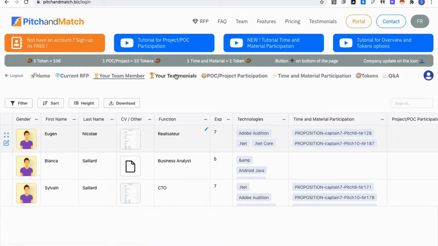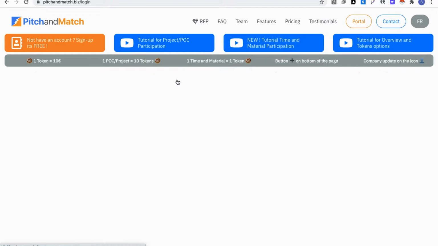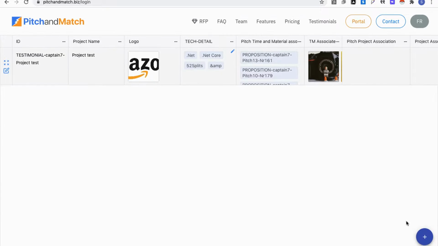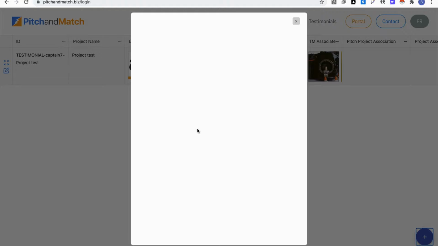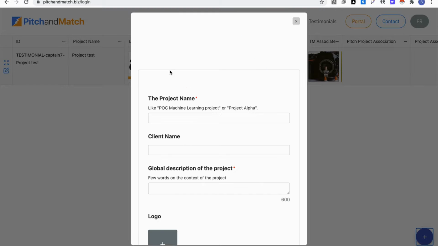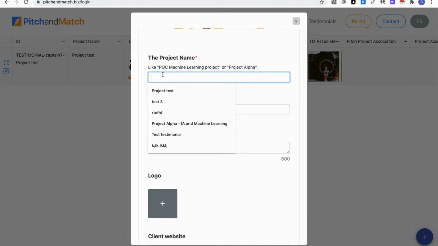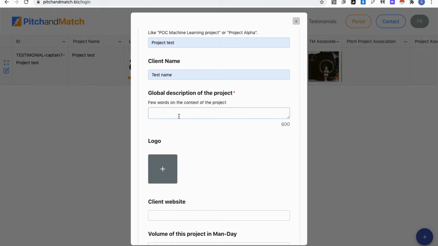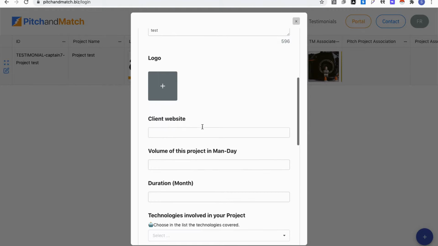And to finish, to add a testimonial, in the same way as the team member, you click on the plus button and define the project name, the client, some information regarding the project, the logo of the project and the client.